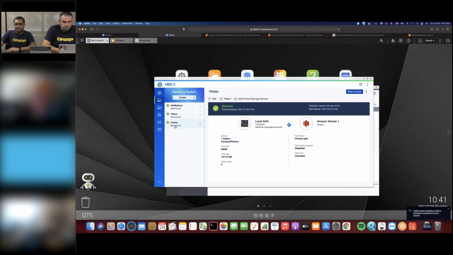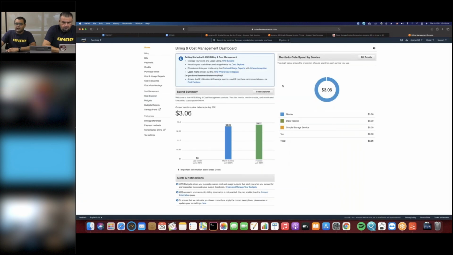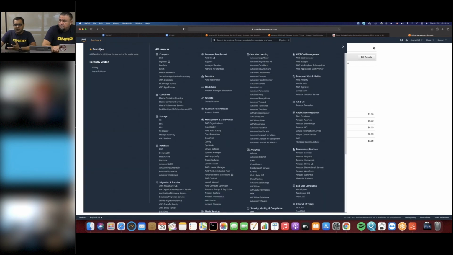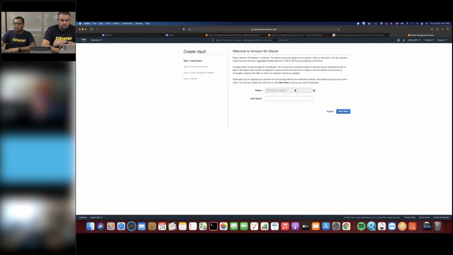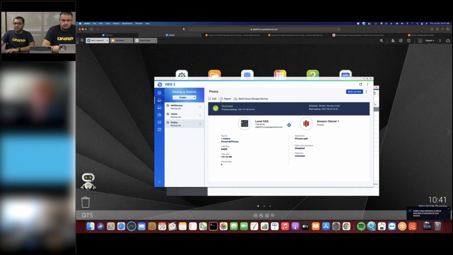Again, that's a great feature that you can use. With Amazon AWS, you just have to create an account and then create a bucket into the Amazon Glacier account. Once you have done that, go to Amazon S3 Glacier, and then you create a bucket, or we call it a vault. Once you select the region and create the vault name, you just go back in here,